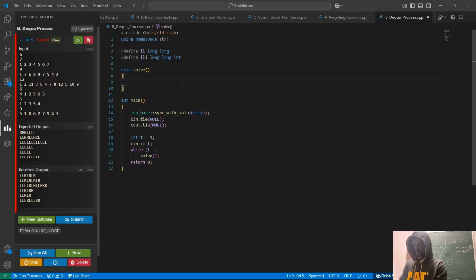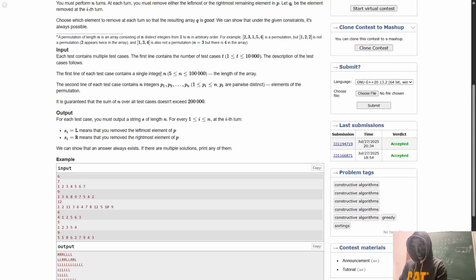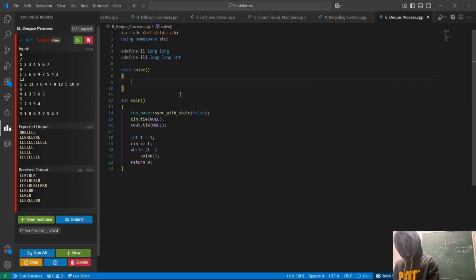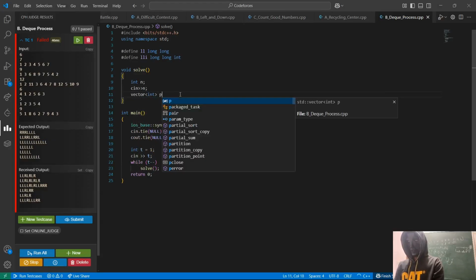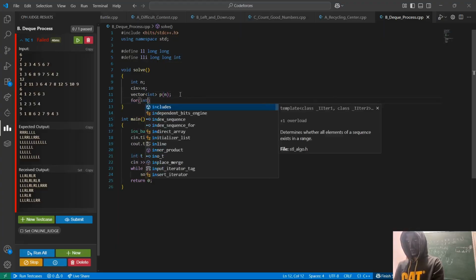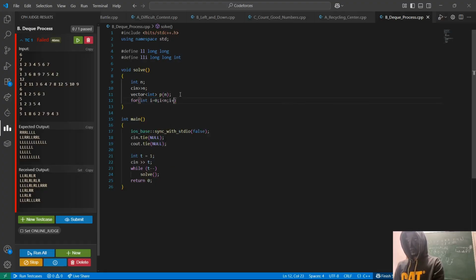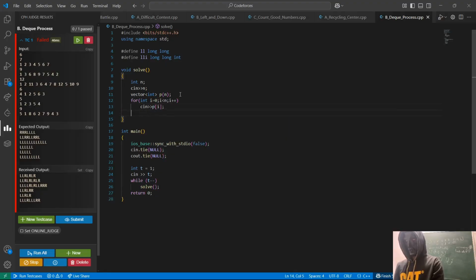So in the question what they have given is that n you will be given, the number of elements. So basically I'll be taking n, and I'll be taking a vector, let's say p, whose size is also n, and I'll be taking a loop, and each element I'll be taking. Now I'll maintain count equal to 0. Why I'll be maintaining count? Because